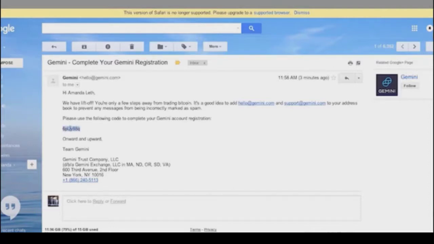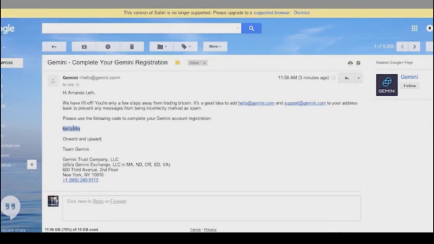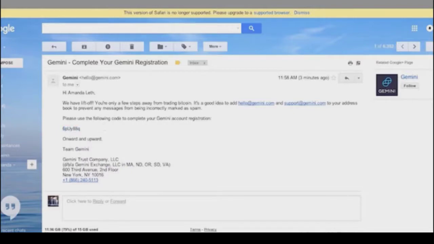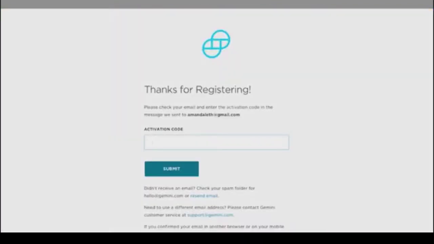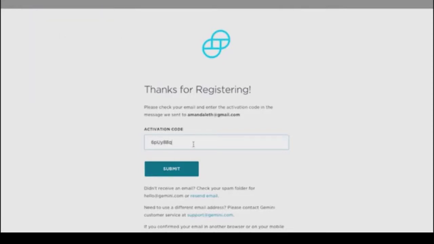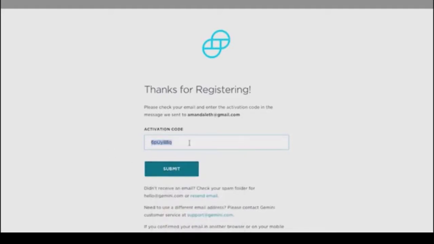And there's a couple of ways that you can copy something. You can go up here and click edit and click copy. That's one way to do it. Or you can double click and click copy. And that's another way that you can copy it. And then we go back to our Gemini window. To get your code to paste into this window, there's a couple of ways that you can do it. You can hit edit and then paste, and that'll do the code. Or you can again double click and then hit paste here, and that will also put the code into the activation code box. So we click submit,